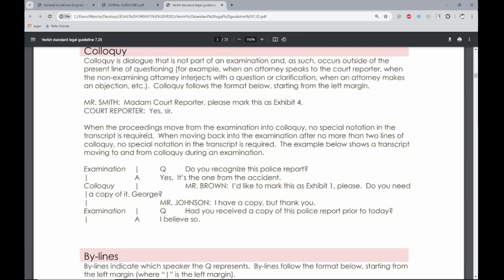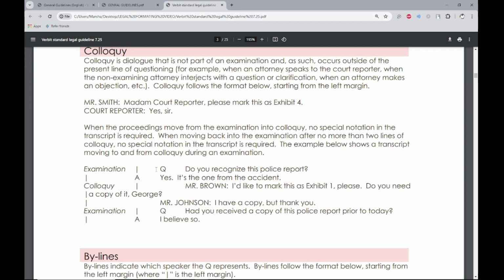So when the proceedings move from the examination into colloquy, no special notation in the transcript is required. All right, when moving back into the examination after no more than 2 lines of colloquy, no special notation in the transcript is required. The example below shows a transcript moving to and from colloquy during an examination. All right,